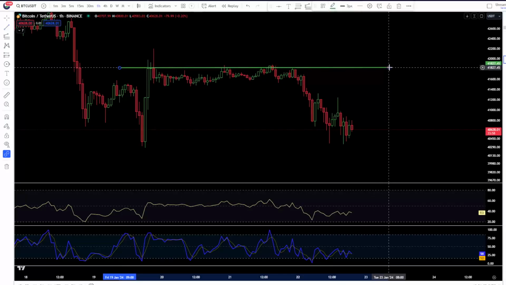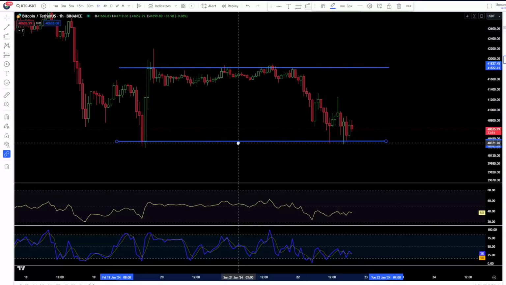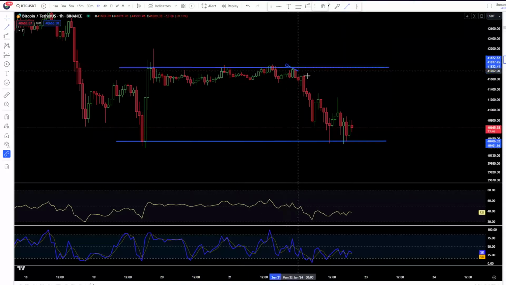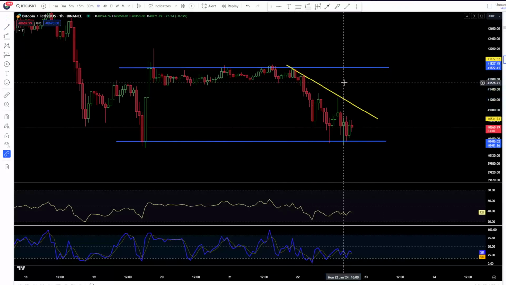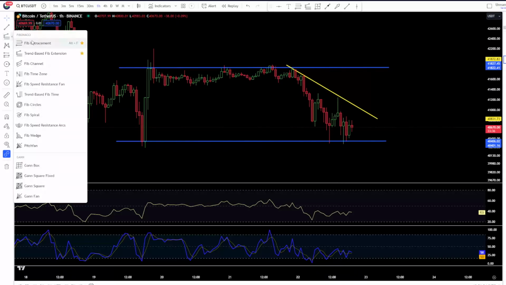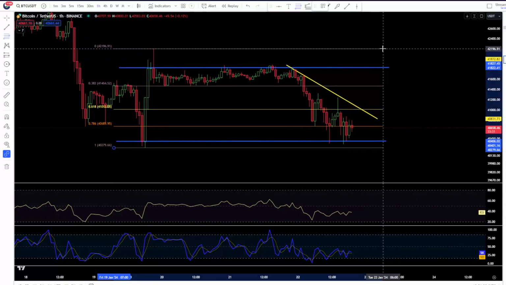Let's start by checking the BTC situation on a 1-hour time frame. First, we will use the blue lines to mark the local channel of the sideways trend, in which this time we will use the yellow line to define the downward trend. As you can see, the price remains at the lower border of the channel, and after unfolding the fib retracement